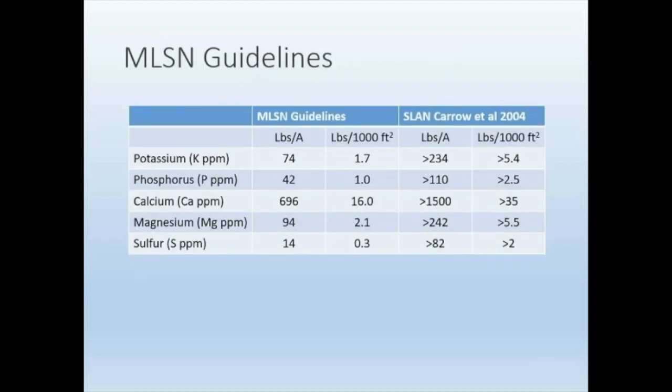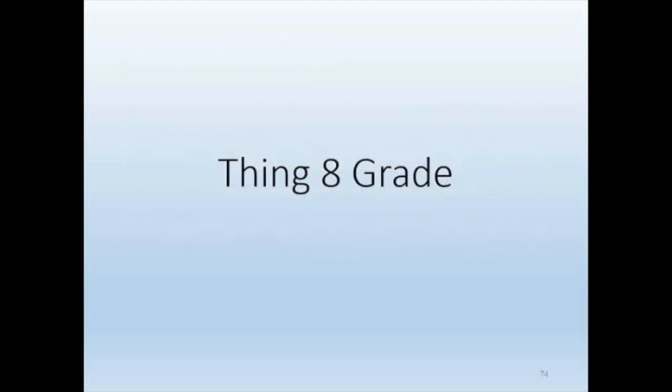Here are just some. If you're reading a lot of recent turf literature, there's this minimal level of sufficient nutrients. That works pretty good on sandy golf greens. I don't think it's for athletic fields yet. So we should be still over here using some of these values from the SLAN method. Number 8,